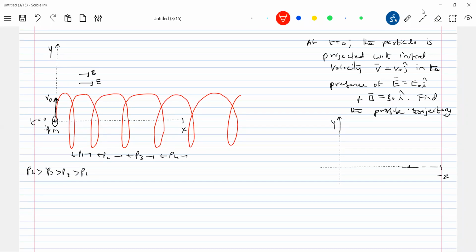So again, how will the B bar be? B bar will be out of the plane, because along the x-axis will be out of the plane of paper. And you can ask me a question, sir, why only like this? On what basis are you drawing this diagram? Any specific reason? I'll take help of the basics again. The charge particle is given velocity. It's a positive charge particle. Clear this. The charge particle is positive.